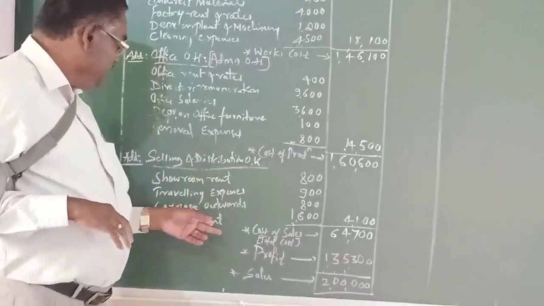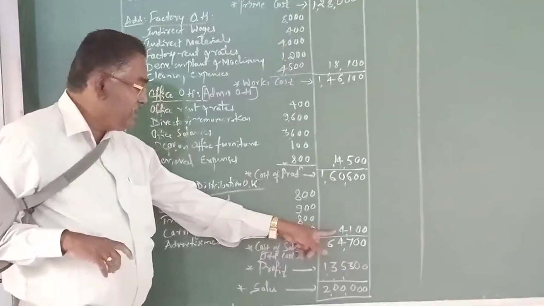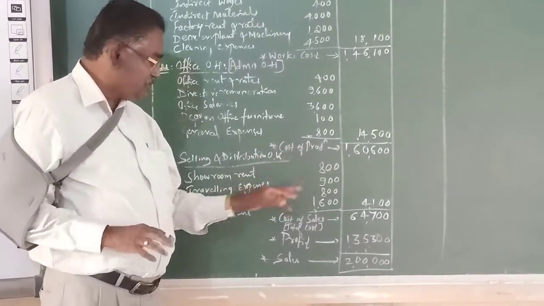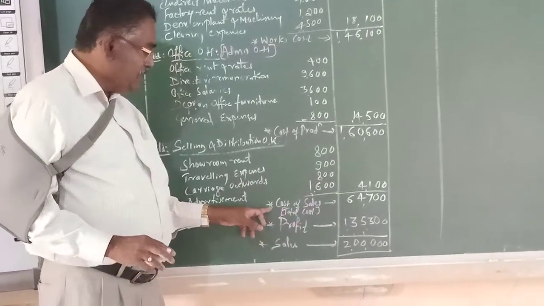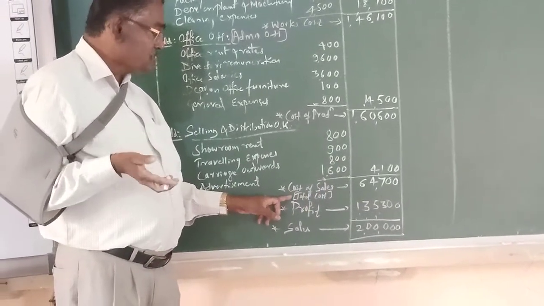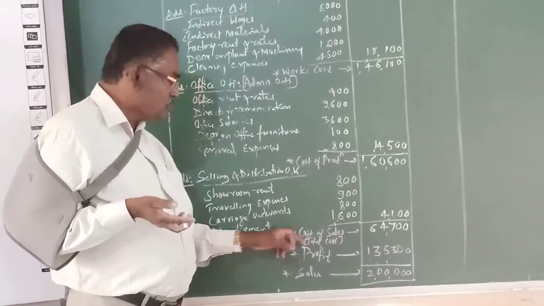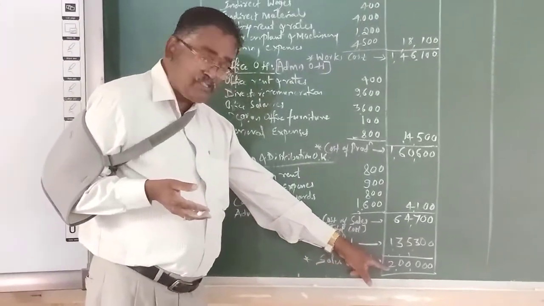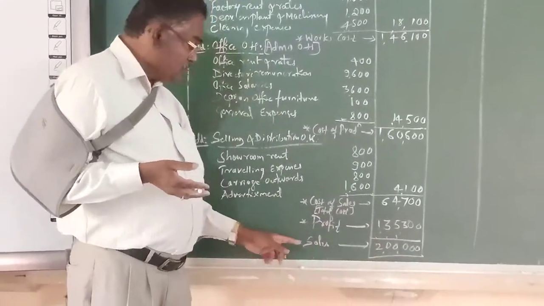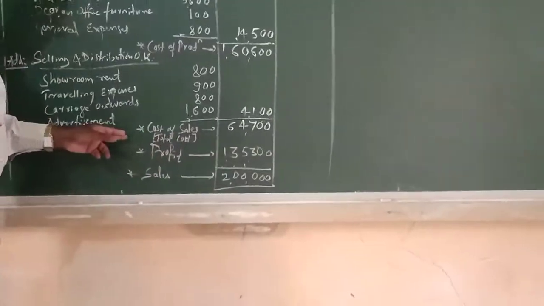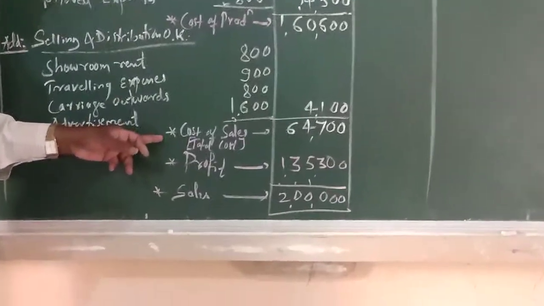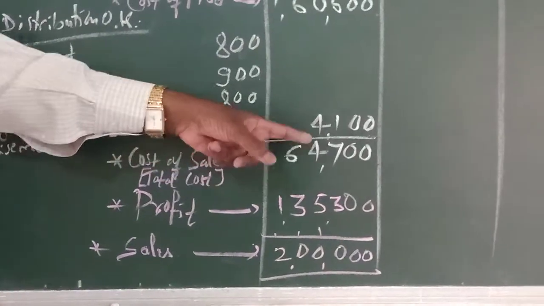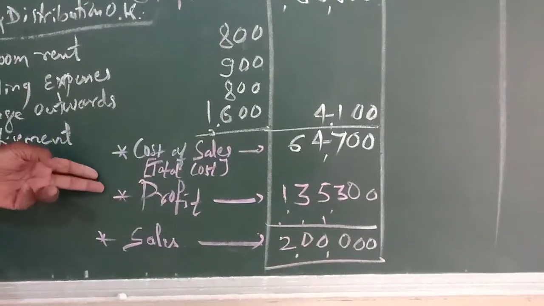So all these 4 items, 4100 total cost of selling and distribution, are added to the cost of production. So the result will be cost of sales. Total cost is nothing but cost of sales. The sales amount given in this problem is rupees 2 lakh. So the sales price is 2 lakh, but the total cost incurred for production of goods and services is 64,700. Automatically the result will be profit of rupees